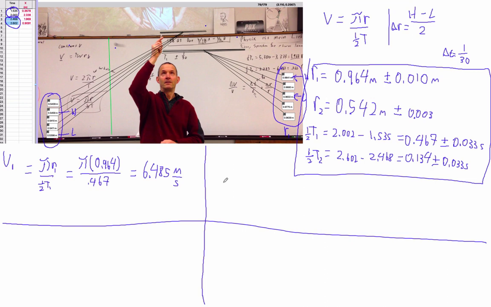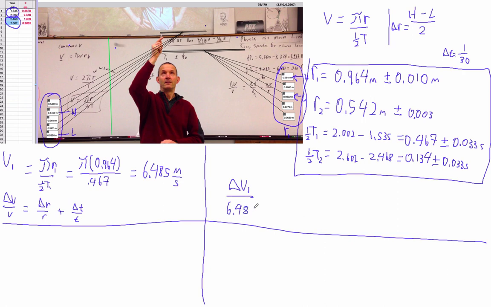Okay, so the uncertainty, we're going to use this basic idea, right? The uncertainty of a velocity is to the velocity, as the uncertainty of radius is to the radius, plus the uncertainty of time is to the time. Now, I'm just saying that pi is probably not too uncertain, okay? So let's set that up, right? The uncertainty of V1 is to